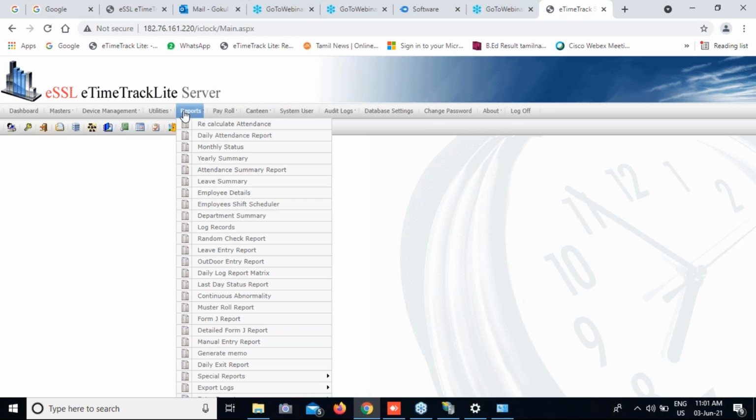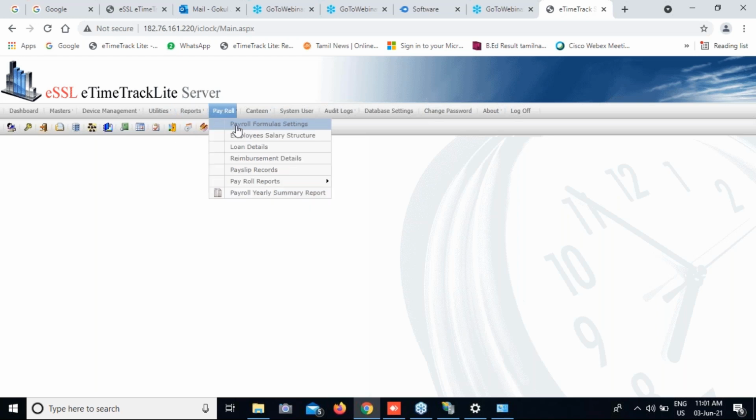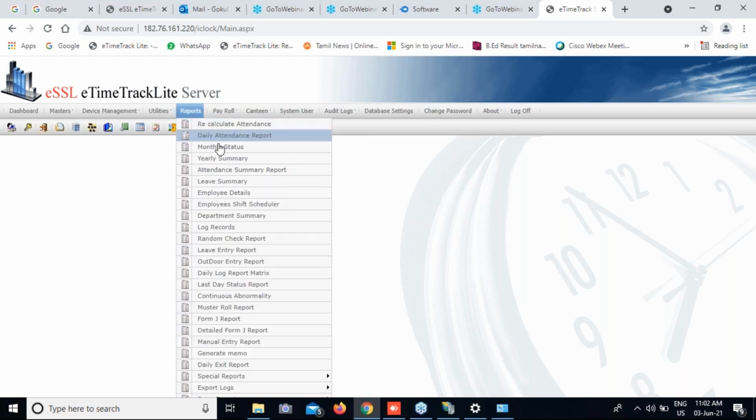After recalculating attendance, we can take reports like daily reports, monthly reports, yearly summary reports. In daily reports, there are different types of reports like detailed, basic report, work duration reports. All the report options will be there. Department wise, we can also group by, like grade wise, department wise, team wise, location wise, designation wise, category wise, everything. As well as basic report, detailed report, in-out duration report, detailed summary report, in-out punch report, CSV export. These are all the reports we can take.